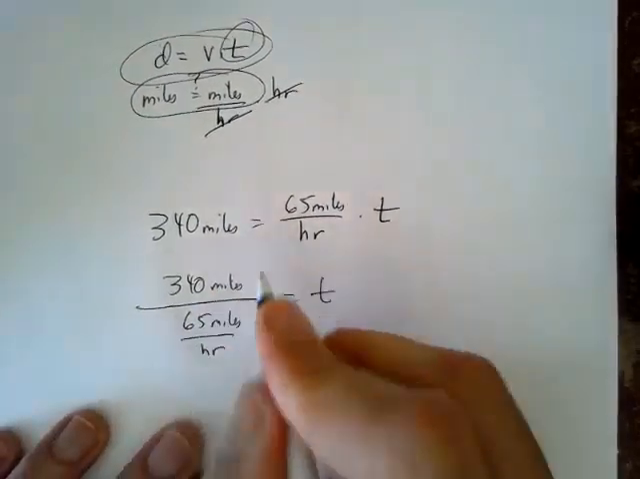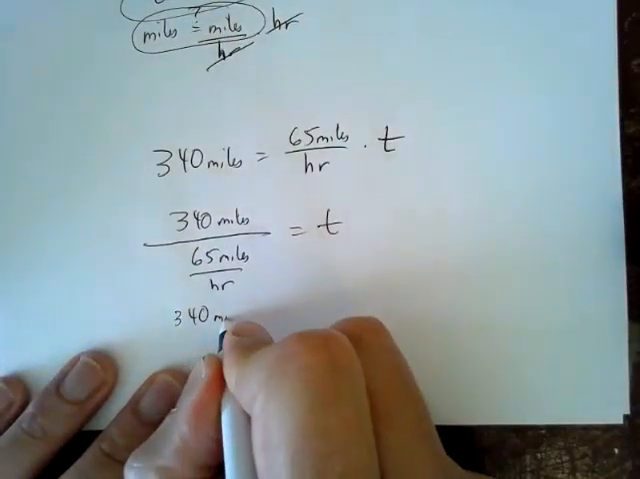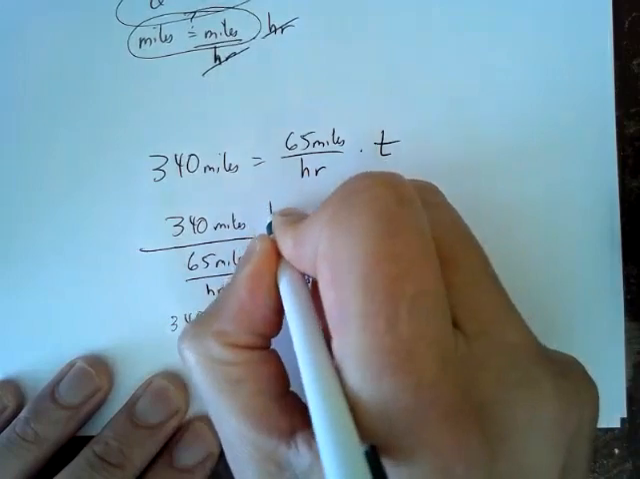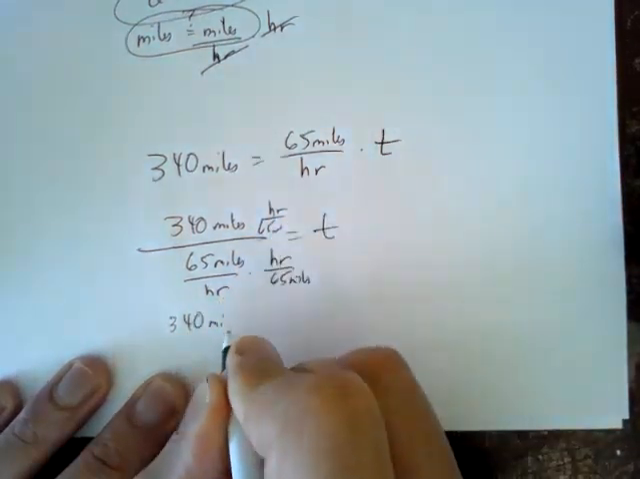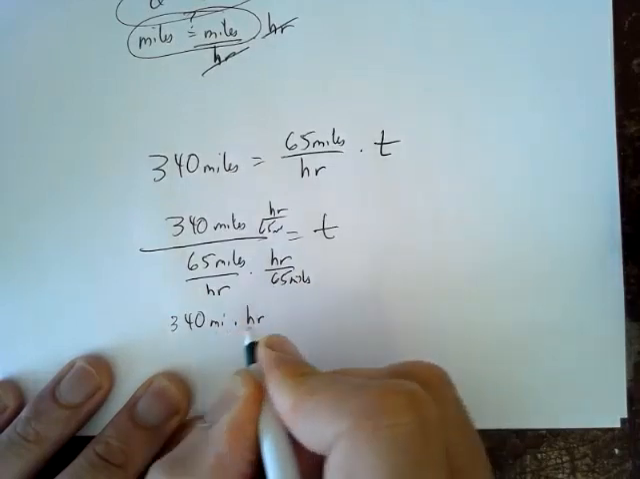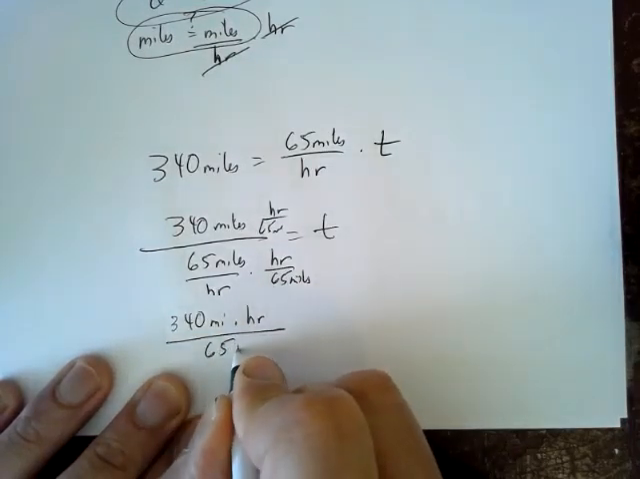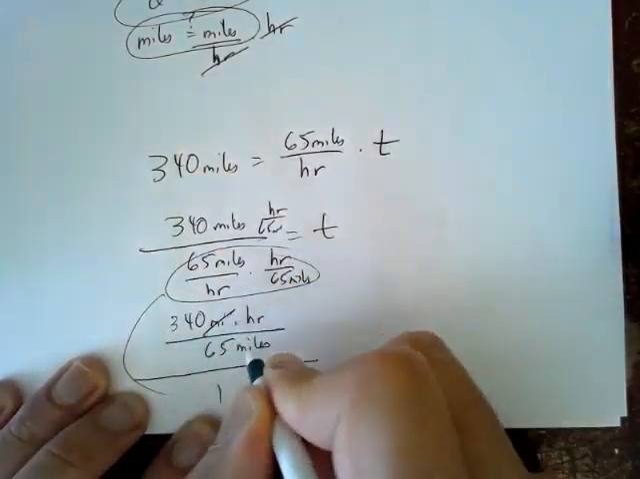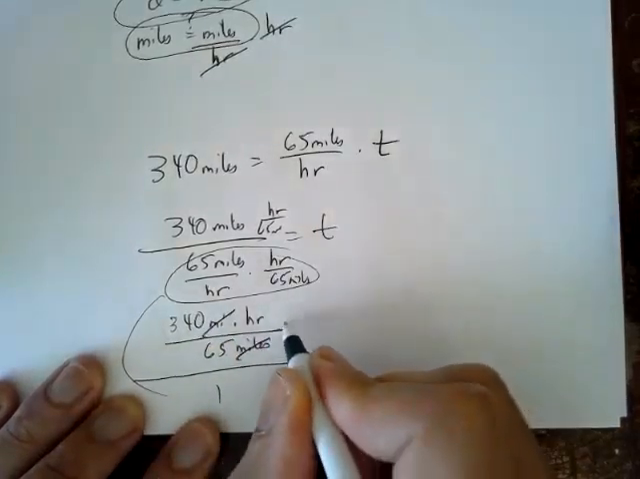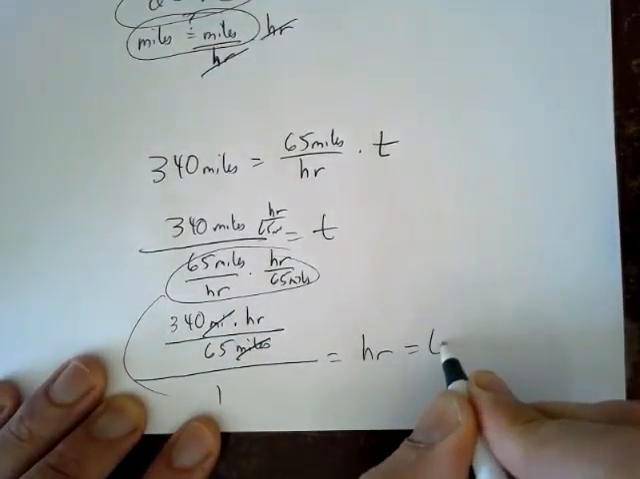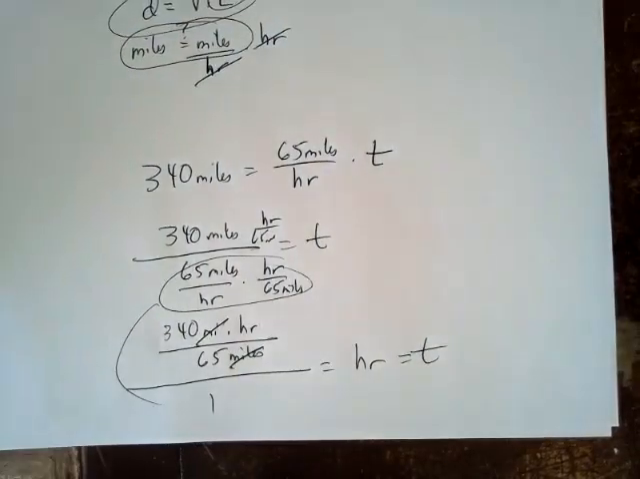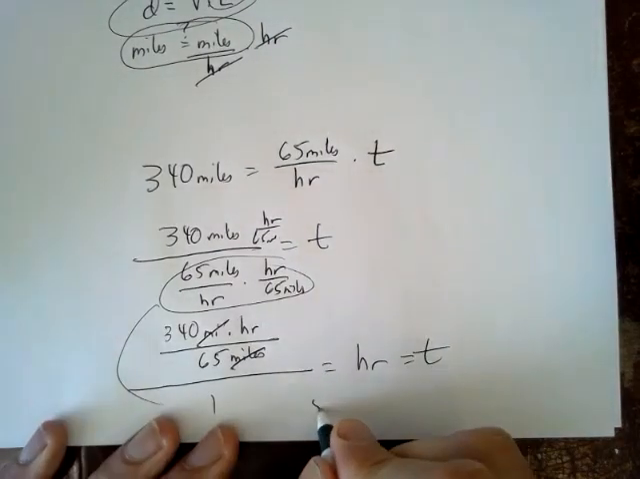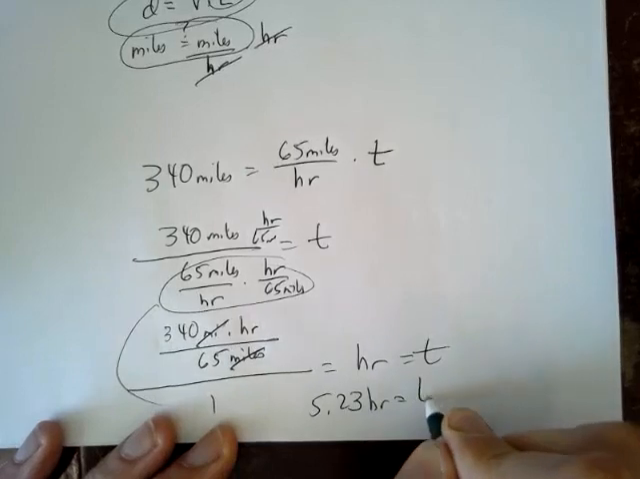We do exactly what we've been doing with ratios. We have 340 miles. If we multiply by hours over 65 miles in the top and the bottom, we'd have 340 miles times hours over 65 miles, all of that over 1. Miles would cancel miles. We see that we're going to be left with an answer in terms of hours, which is good because we wanted to know how much time it's going to take. So 340 divided by 65, it's going to take us 5.23 hours to make that